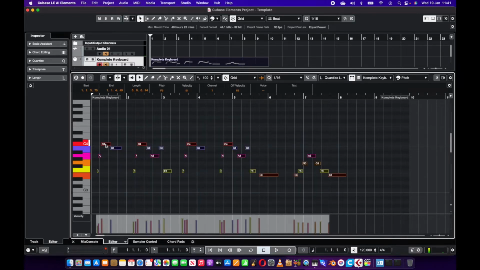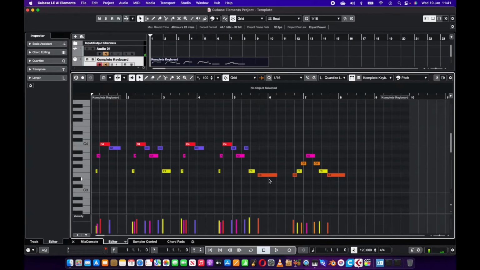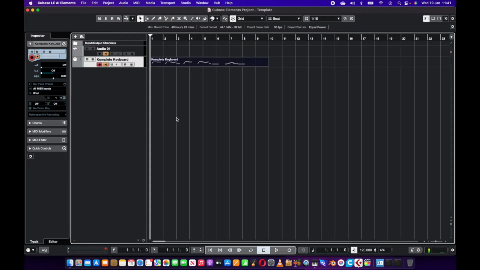Might just shift a little bit here and change one of the keys. Purely for demonstration purposes really, and so don't want to waste too much time on the video messing about with that. And then all we need to do is go on this audio track and tap on record and just press record down at the bottom, and you can now see